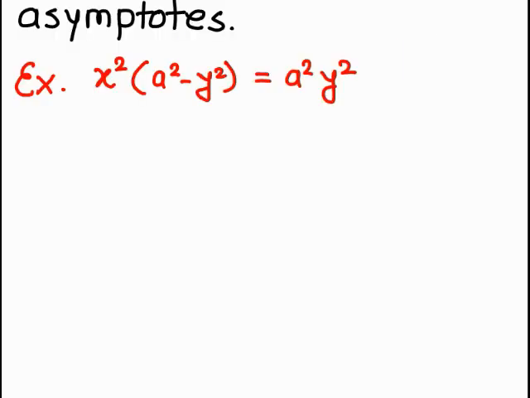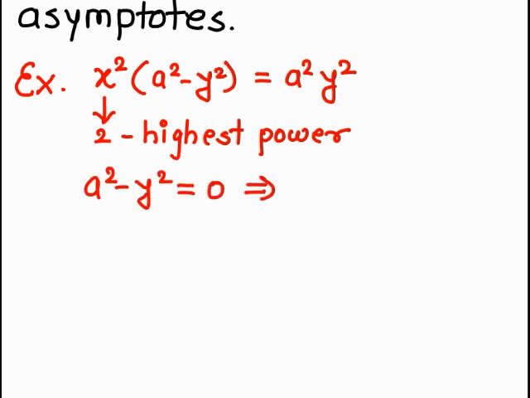Let's understand this with the help of an example. x square in bracket a square minus y square is equal to a square y square. First of all we write it in the simplest form. This is nothing but the highest power of x, and the coefficient of this is a square minus y square. We equate it to 0. We get a square is equal to y square, that is y equal to plus or minus a, which is nothing but the equations of the asymptotes parallel to